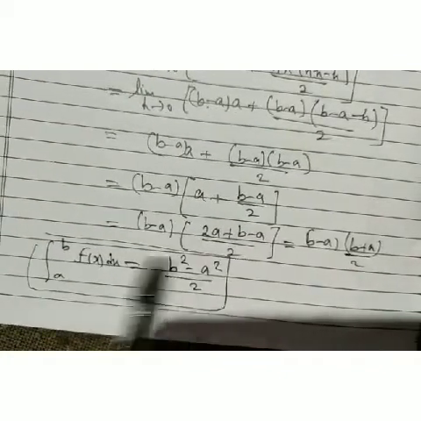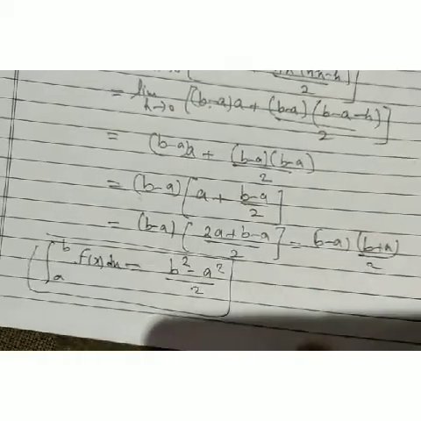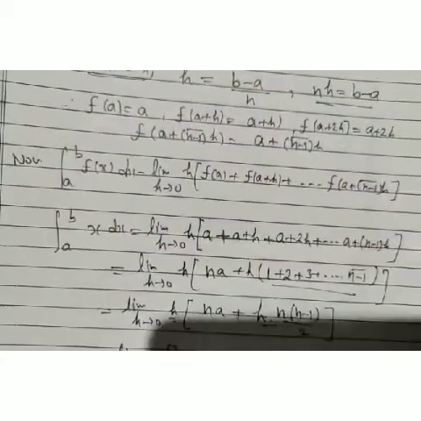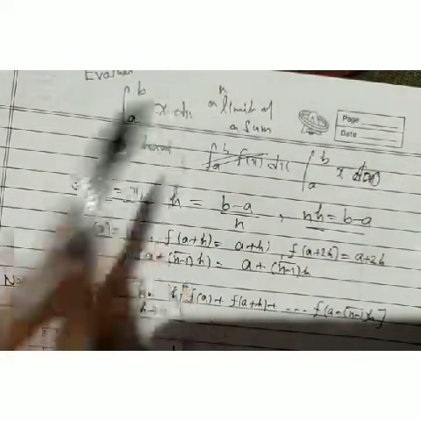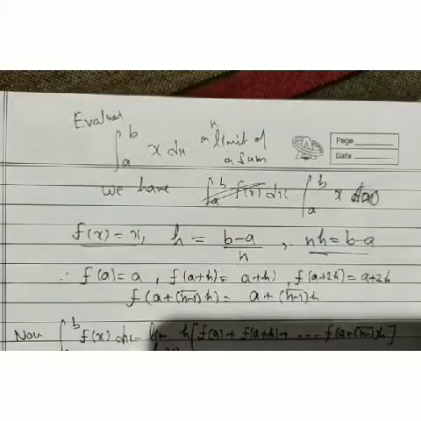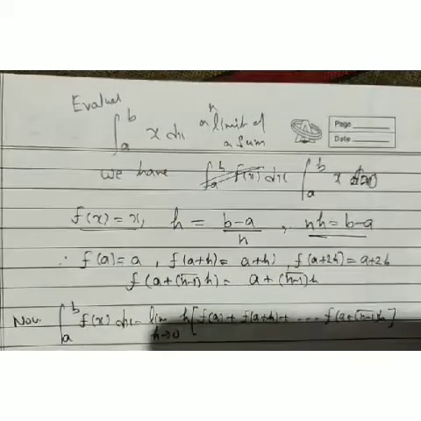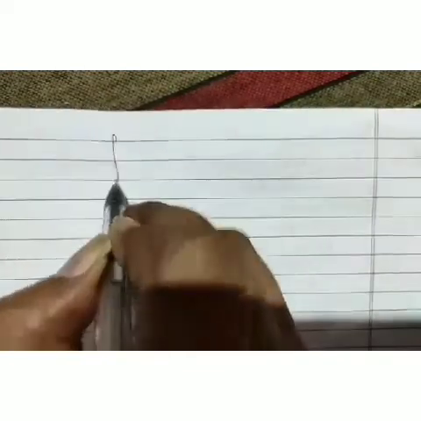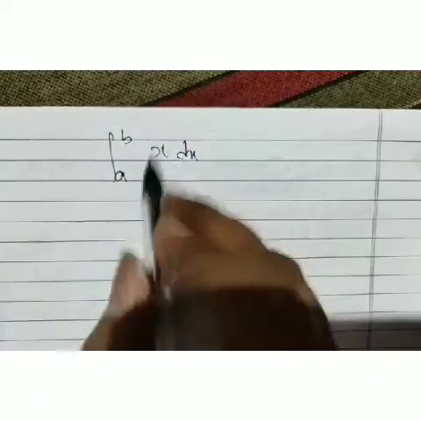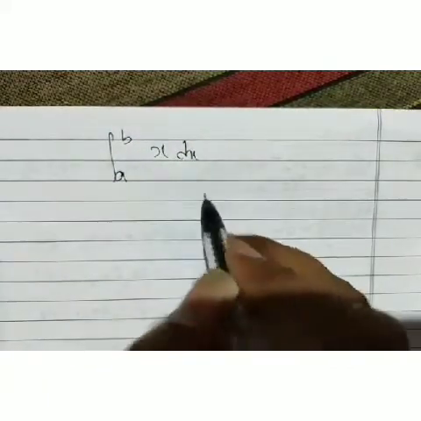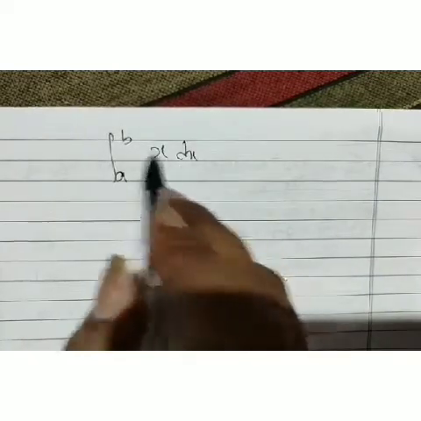Now this is our value as the limit of a sum. Now look, I'm going to discuss with you, since we have to find the value of integral a to b x dx. We are here finding this value by using limit as a sum. But just suppose we have to find this value by the ordinary method. I'm going to explain what our definite integral is. A to b x dx. And we don't want to apply limit as a sum there. Then how can we solve this type of problem as a definite integral?